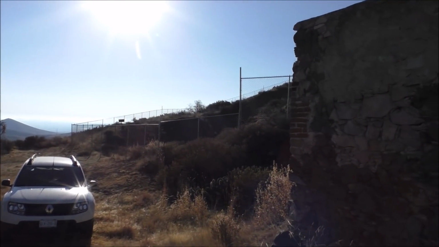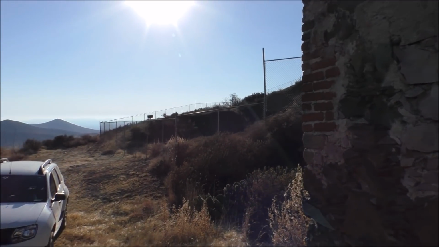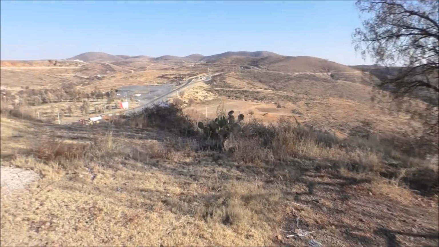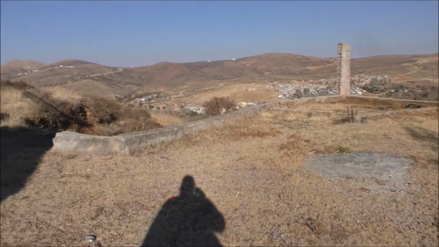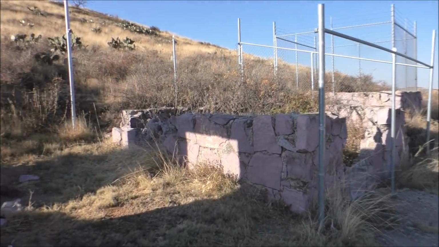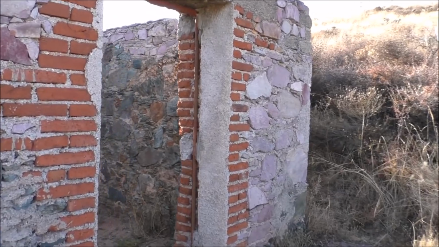Well, it looks like we found ourselves another mine. That one's fenced off, but you can get right underneath the fence in the one corner. And there's an incline shaft here. And I brought some rope, not a whole lot of rope, but we'll see how deep it is. There's a little shack here, and it says on there,